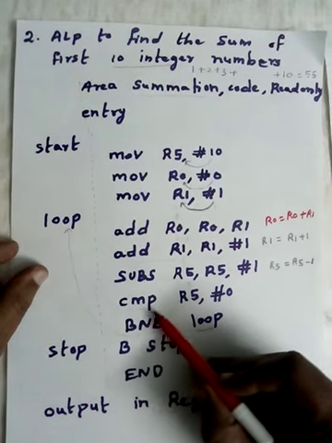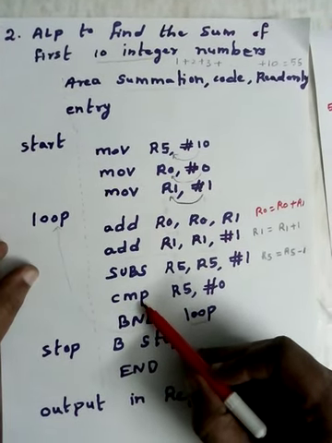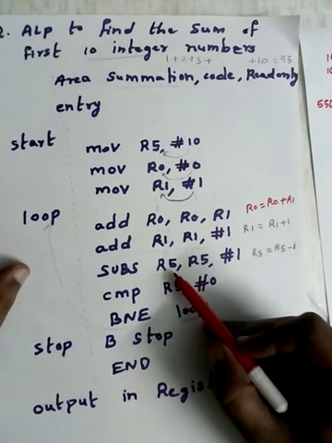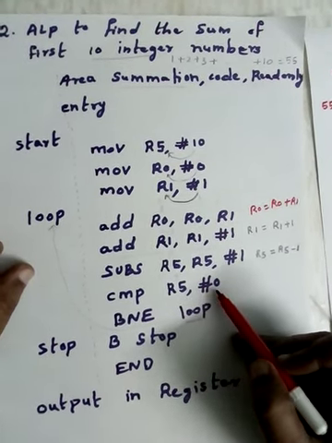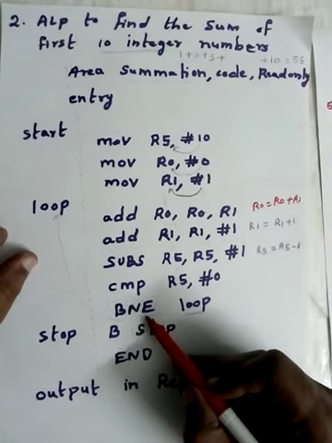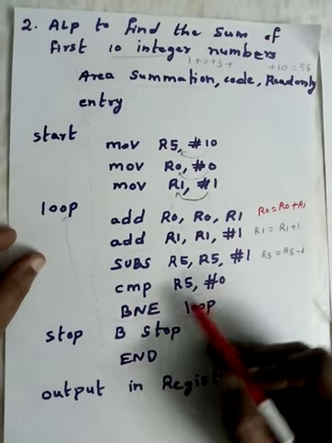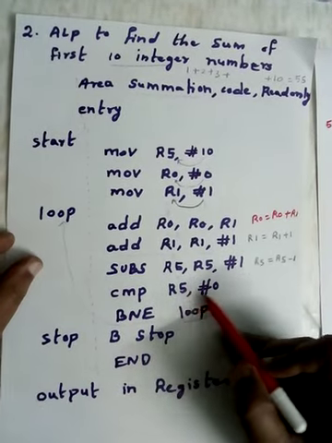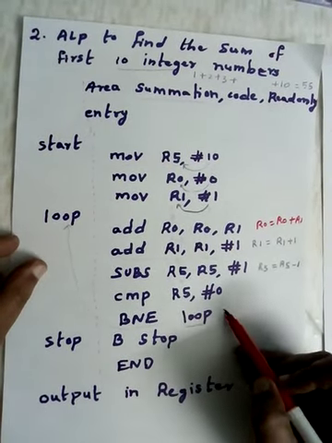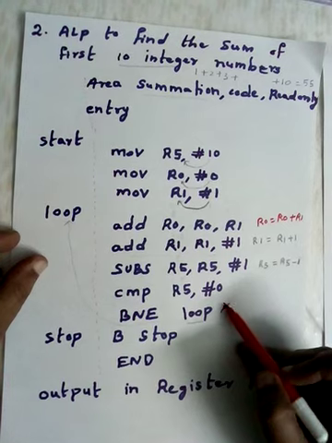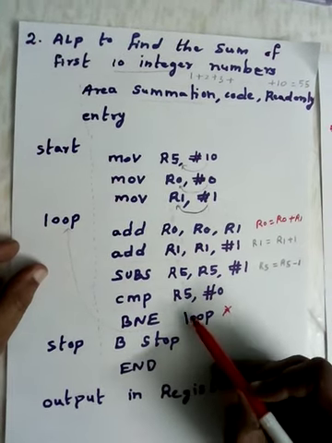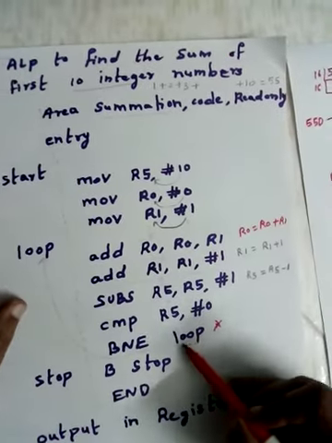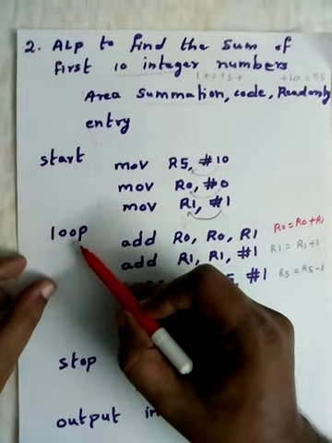Now next is a compare instruction. CMP means compare instruction, CMP R5, #0. 9 is compared because we got 9 here earlier. 9 and 0 are compared. BNE, branch not equal. That means if they are not equal, it should go to this label. If they are equal, then it should not execute this instruction. Now as they are not equal, branch not equal, it goes to the label loop, because the label loop you have given, it goes to this point.